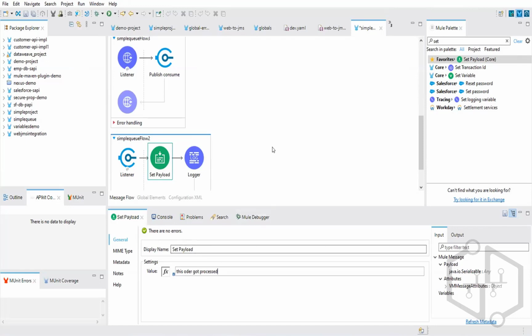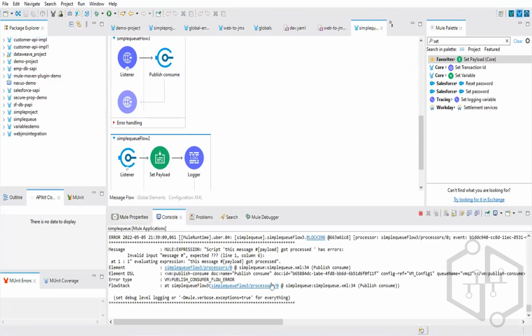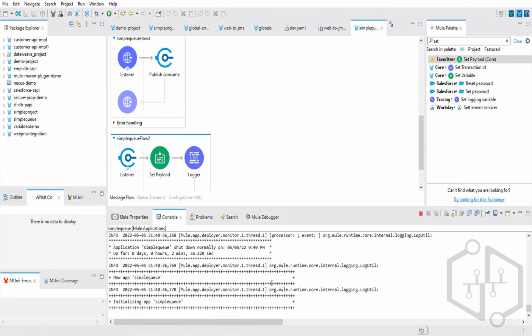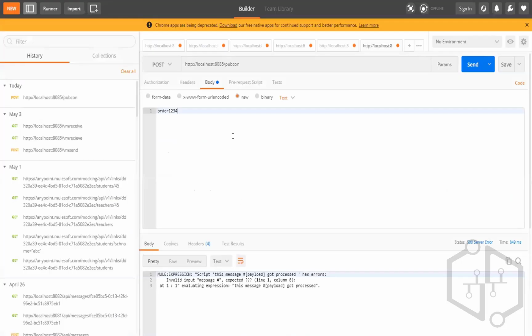For that we use a different component; set payload is not supporting that one. Save it. Started. So if I send this order,